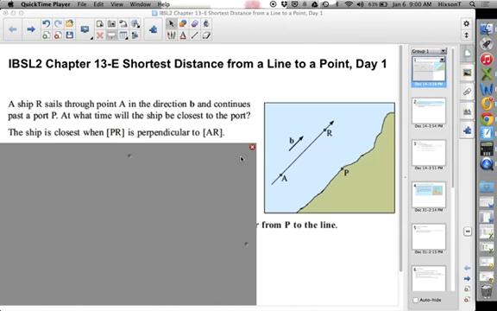Alright, so looking at the shortest distance from a line to a point. Here we have a case where a ship is sailing along a path and we want to find where it is going to be closest to this point on shore, this port. While this is kind of a contrived example, I'm sure you can see the application to